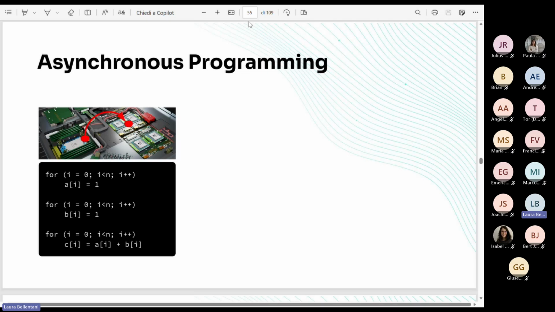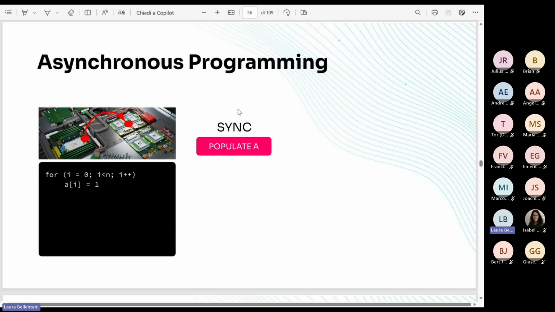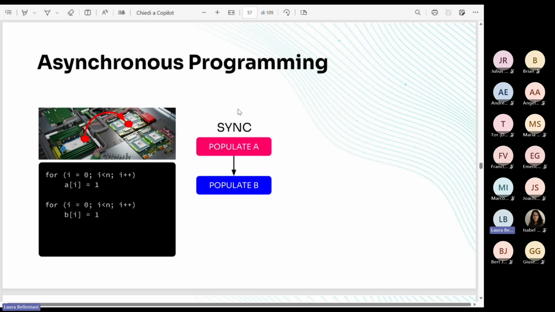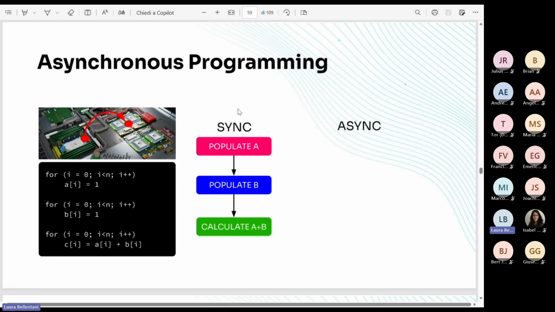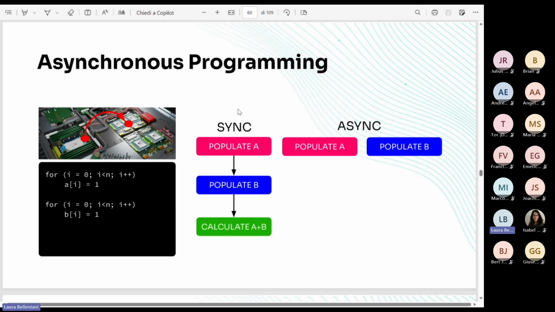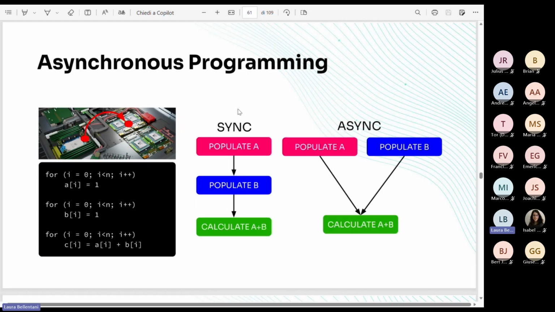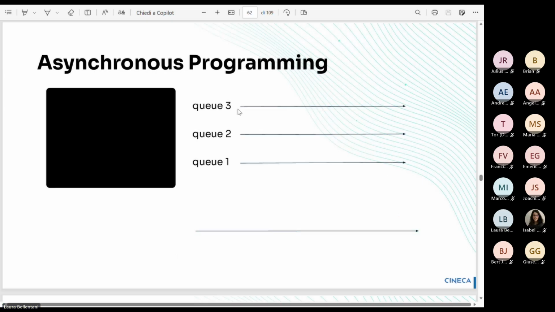With a synchronous approach, we need to populate A, then populate B, and then calculate the sum. But if we implement an asynchronous approach, we can populate A and B at the same time, and then compute the sum of A and B.